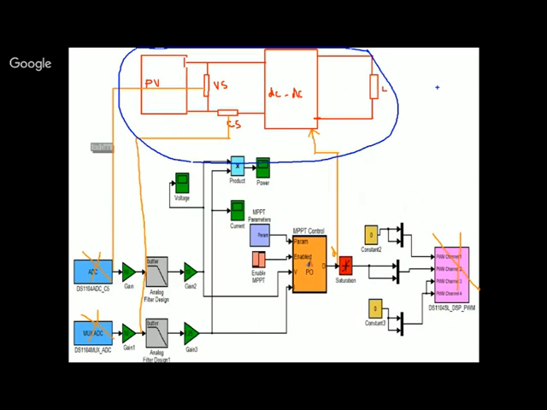I already told you, power circuit. Is it? This upper circuit is a power circuit. It is working at a higher voltage level. And this perturb and observe algorithm, you have to burn into your controller. This is your control circuit.